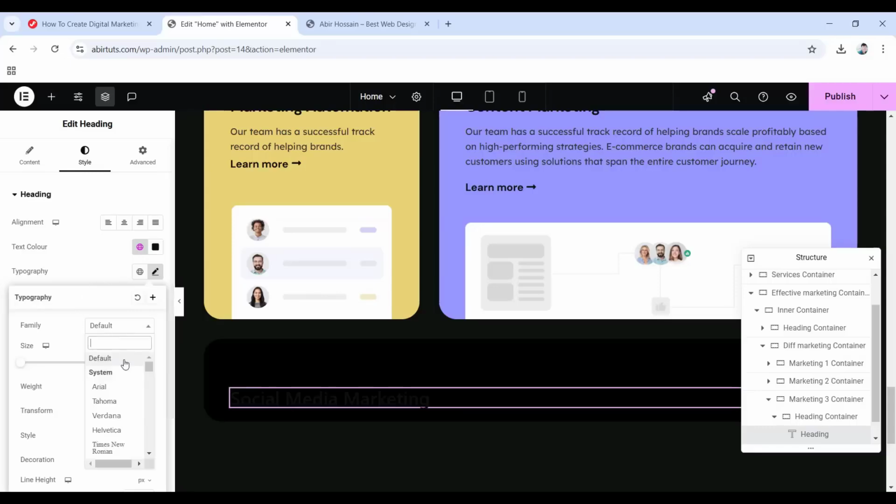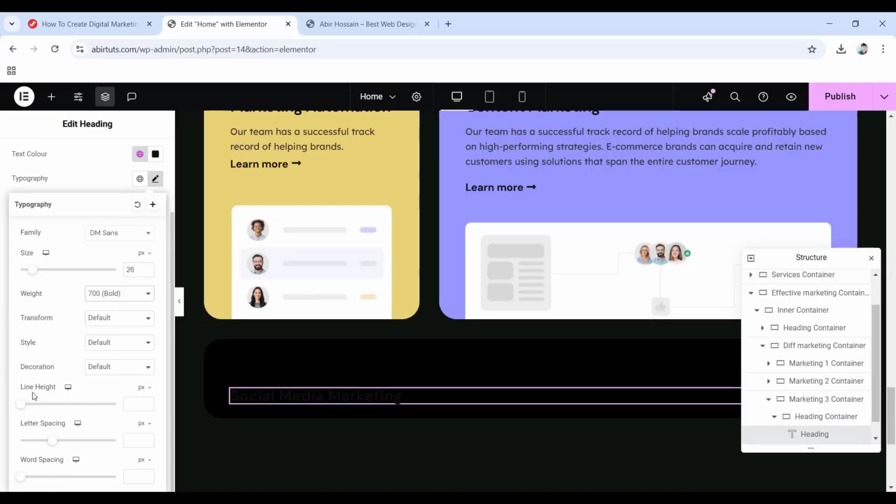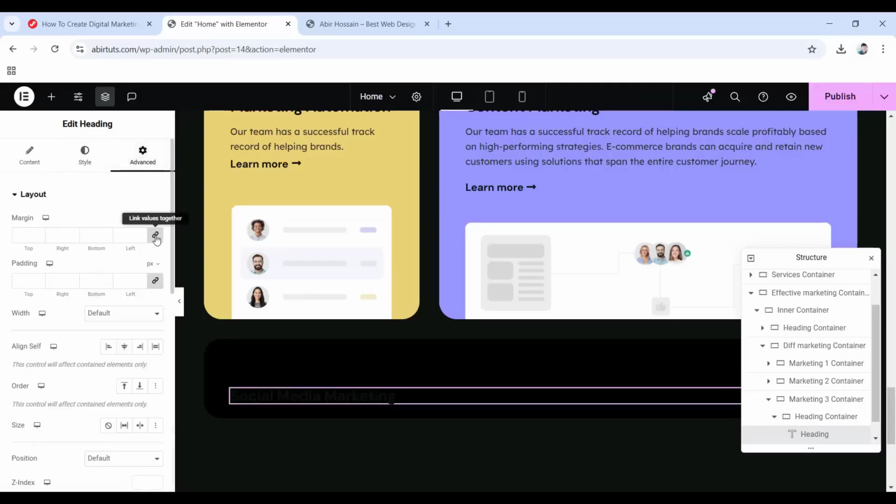Set the font to DM Sans, size to 26 pixels, weight to 700. Scroll down and then set the line height to 1 EM. And as for letter spacing, write minus 0.5 pixels. Now let's go to the Advanced tab, unlink the margin values, then only set the bottom margin to minus 5